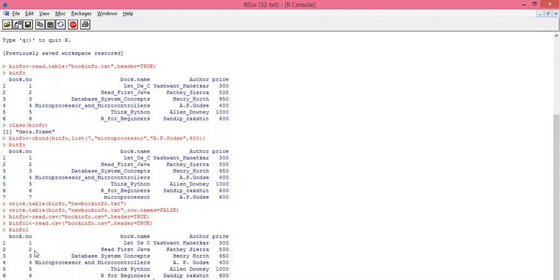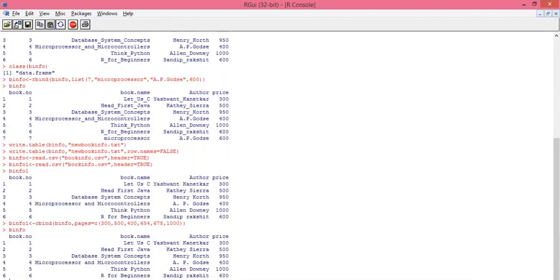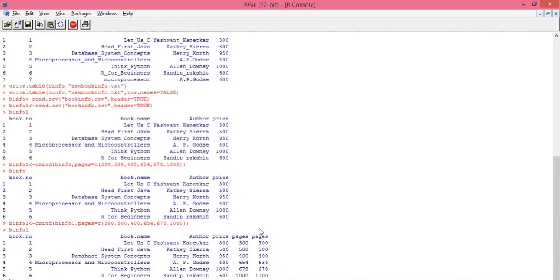How many rows are there? 6 rows, so I need to mention 6 values for this column. Let's verify the result, binfo1. See, the new column, that is pages, is added here.